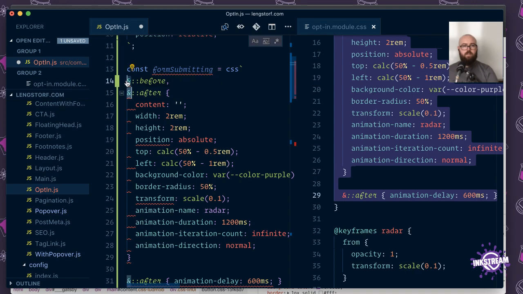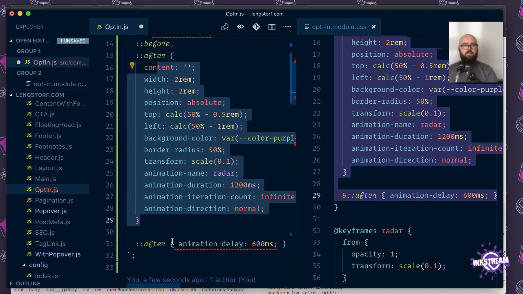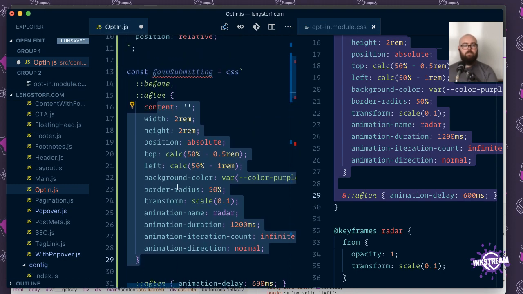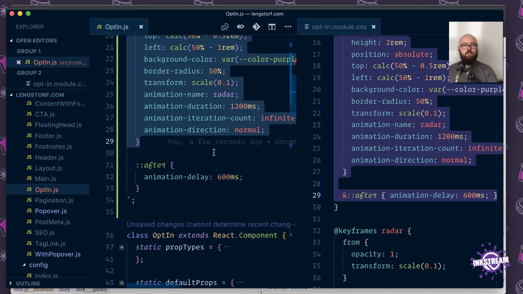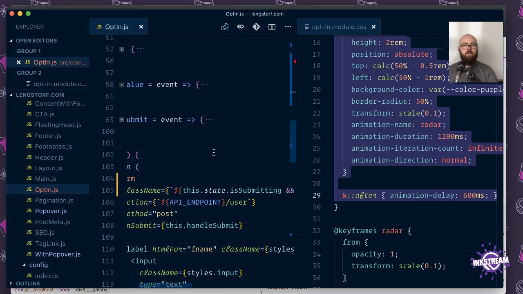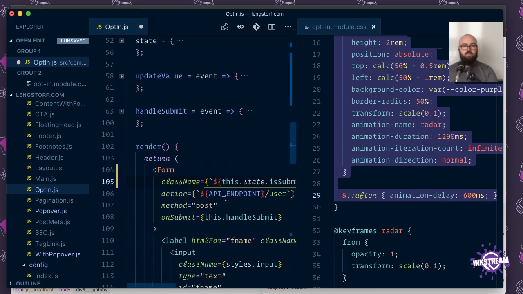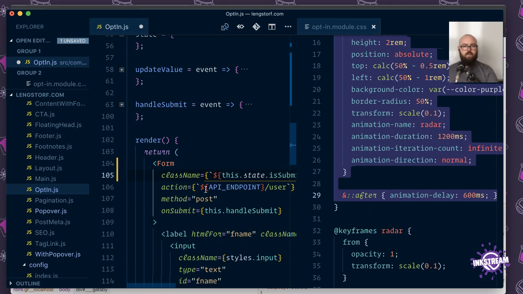Can drop my ampersands because you don't need them in Emotion. And then swap out over here. We're just going to drop in the styles themselves instead of a class name. Next,